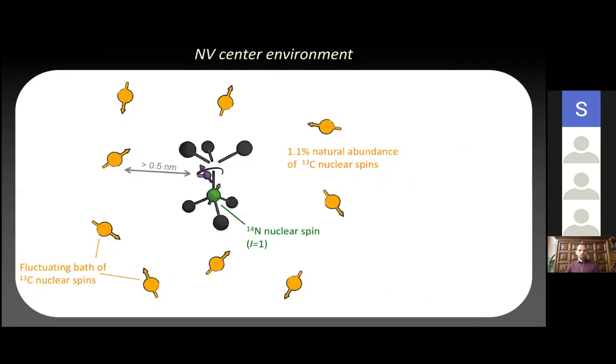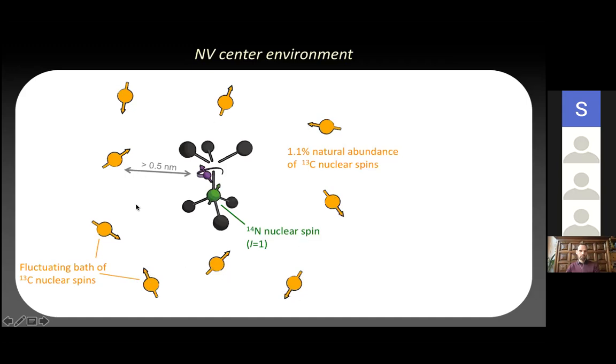Now, the NV center is not alone in the diamond. Of course, it has these carbon atoms nearby, and most of the carbon atoms are carbon-12. That carries no nuclear spin. But if you take a diamond with natural abundance, you have 1.1% of carbon-13, and carbon-13 is a spin-half system. So if you take any random NV center, you will have, at sort of random positions, a few of these spins.